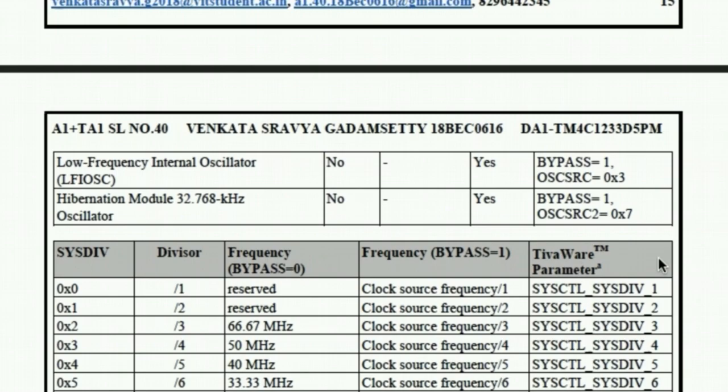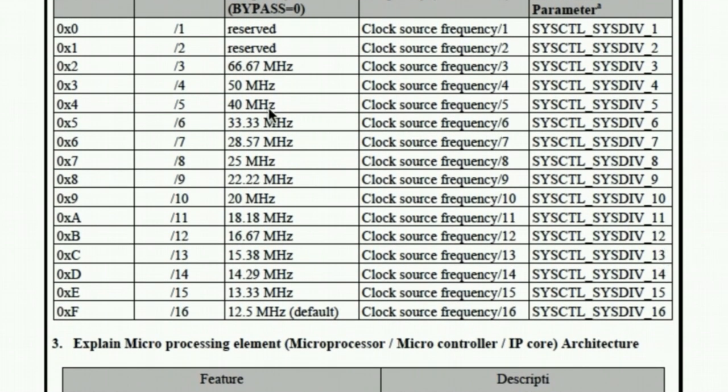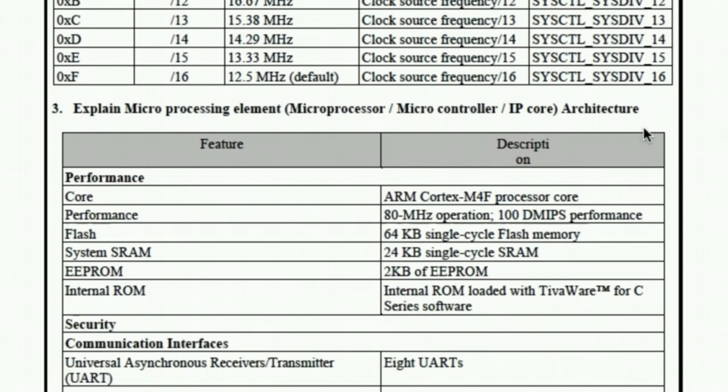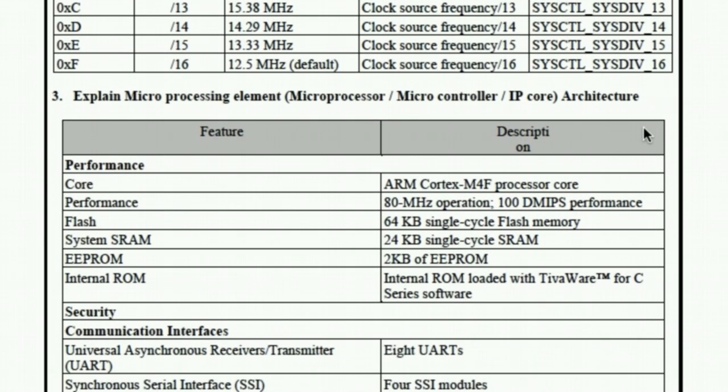This is basically the clock frequency, the amount of time it would take to execute a particular instruction, and this is along with the divisor. If we divide it by 16, then your clock frequency divides by 16. If you divide it by 1, then your clock frequency divides by 1. As you increase the divisor, your clock frequency would decrease. And if your clock frequency decreases, that means the time to execute an instruction increases.